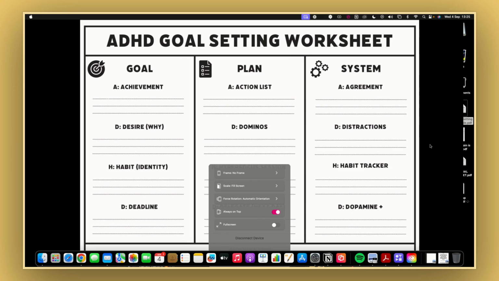But I really wanted to do something for the community, a way for the community to benefit from setting goals, because goal setting can be quite tedious in many ways. A lot of the time, especially if you have ADHD, you're probably trying to set goals in your head and not writing things down, and then the next day you forget, and then you set another goal and forget, and another, and there's this hamster wheel that you're on constantly, just trying to keep up, right? When you complete this worksheet, you know how you're going to get to that goal. That's the aim of this.